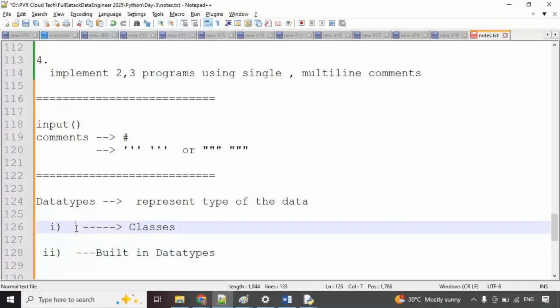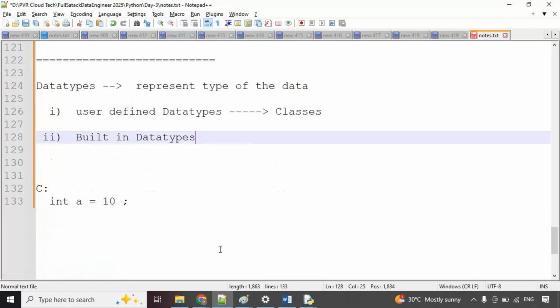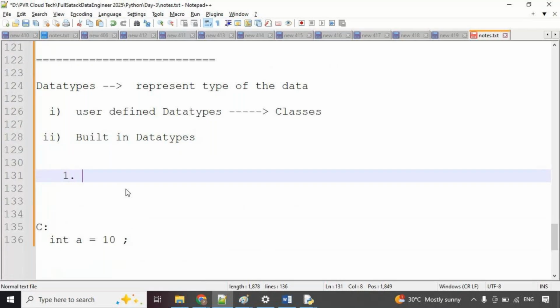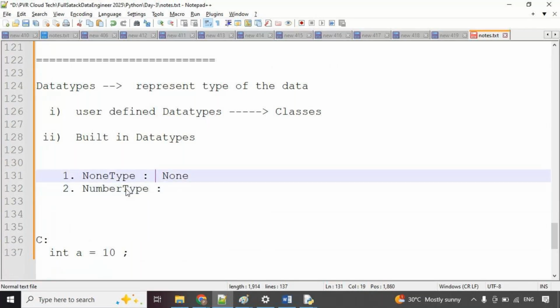This is the user-defined data types. We can define built-in data types already built. So when you install Python, you will get these kinds of data types. One is NoneType, where we have a None value. Another one is the number types. Here we have data types